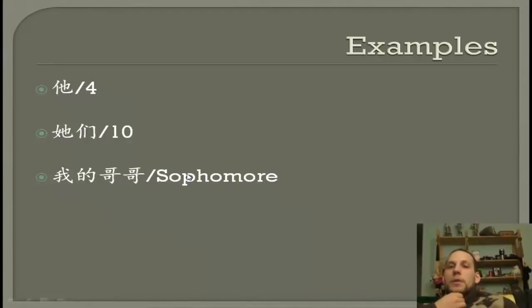So let's say my older brother is a sophomore in college. Alright, so we're talking about 大学, and sophomore is 大一, no, that's freshman. 大二, so he's a 大二, he's a sophomore. So the question, if we're talking about my brother, would be 你的哥哥上大几?Our answer would be 我的哥哥上大二。